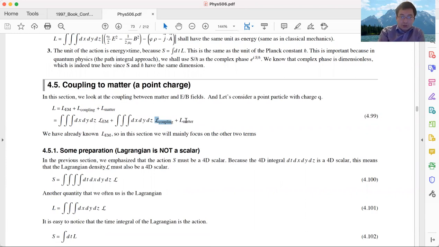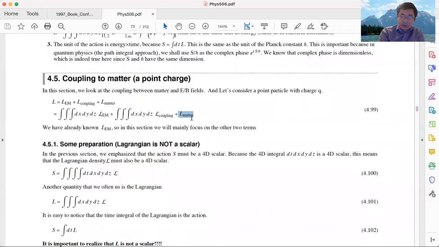Okay. So first of all, the first two terms we already know. So the first task we will need to deal with here is to figure out what is a proper Lagrangian for the matter field. Okay, so we figure out the matter field Lagrangian. Before we write down the Lagrangian for the matter part, let me first discuss a little bit about symmetry,